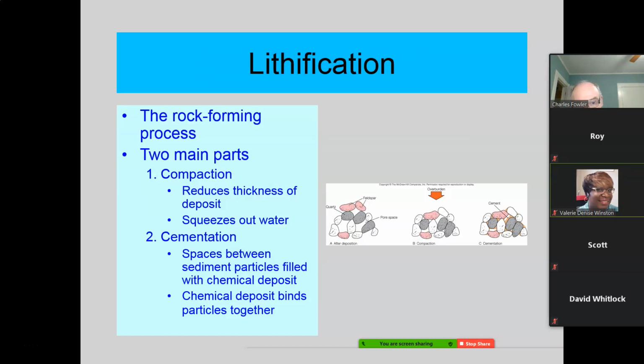It's the binding agent, okay? And that then finally becomes rock, sedimentary rock. It's gravel here, it's sand here, it's silt here, it's clay here, whatever it is, little pieces of rock. The pressure, the overburden, is your compaction process, and then the leftover material in between that binds them together, that's the cementation process, and at some point there, you have another rock, made out of little pieces of other